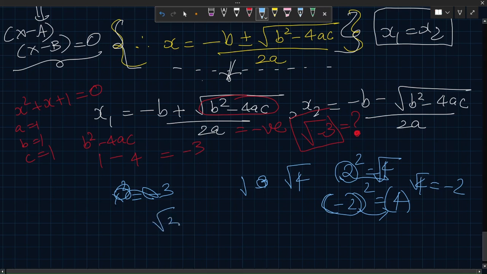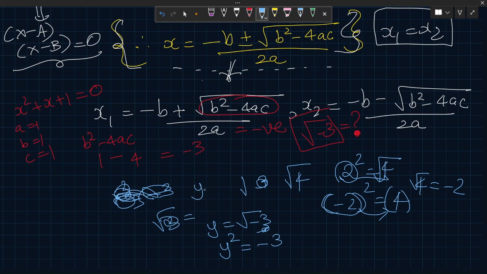Essentially, when you ask what is the square root of minus 3, say y is the square root of minus 3, what do you mean? You mean that y squared is minus 3, but there exists no number y in the world such that if you square y, you will get a negative number, minus 3. Because if y is a positive number, y squared will be a positive number. Even if y is a negative number, y squared is a positive number. So, the square root of a negative number